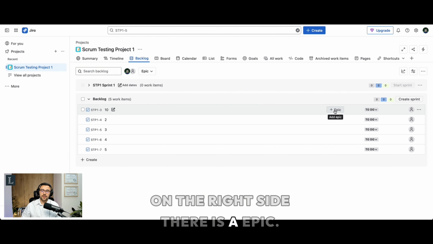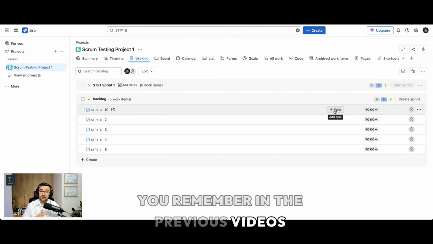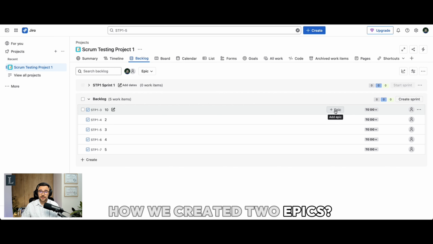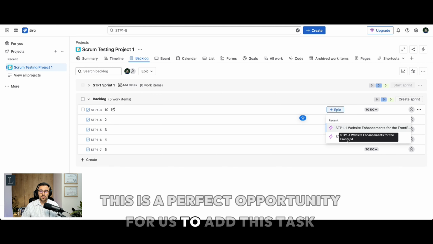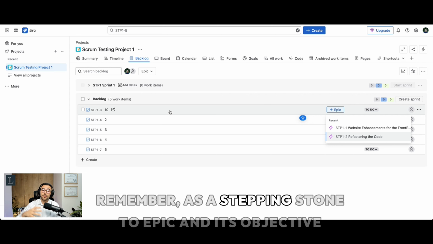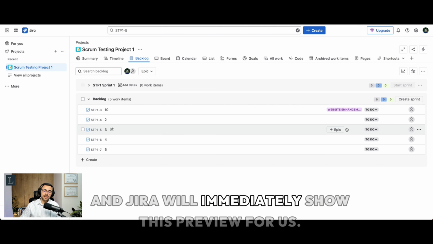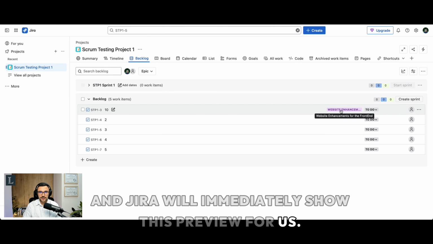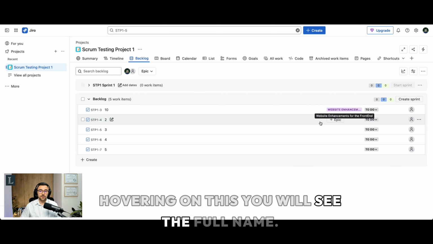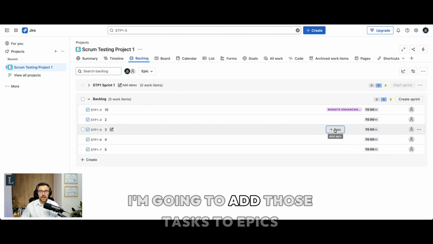On the right side, there is epic. You remember in the previous videos how we created 2 epics? This is a perfect opportunity for us to add this task, remember, as a stepping stone to an epic and its objective, to any epic. And Jira will immediately show this preview for us. Hovering on this, you will see the full name. I'm going to add those tasks to epics,